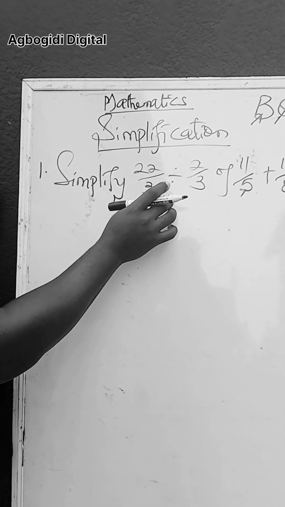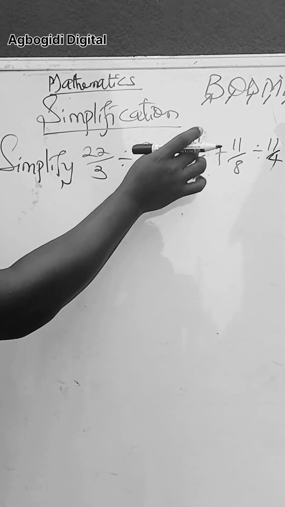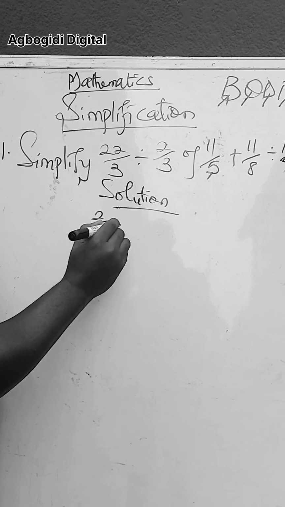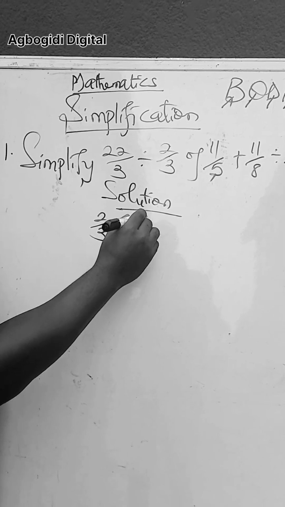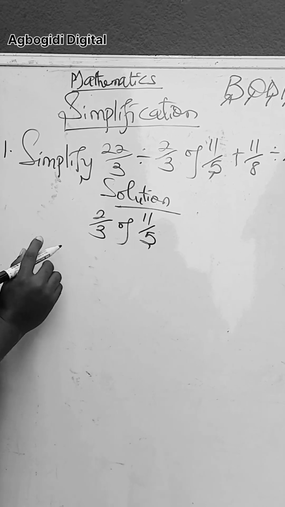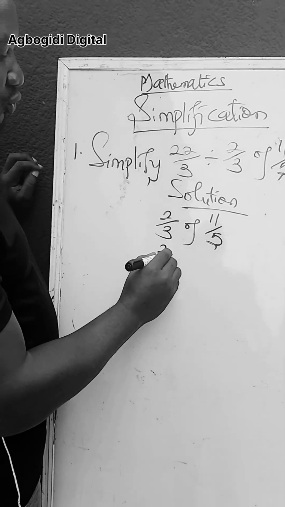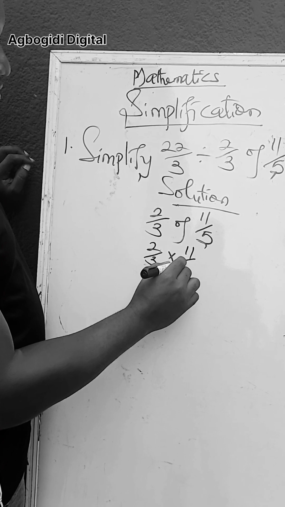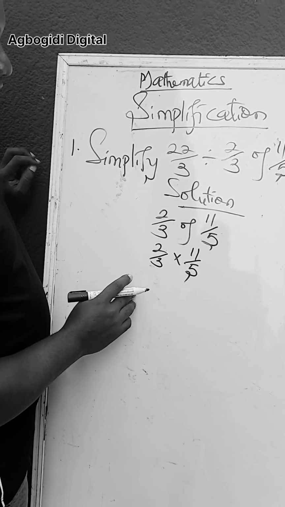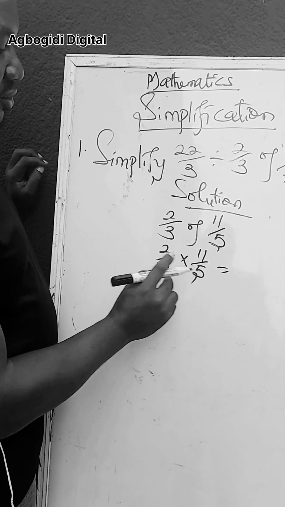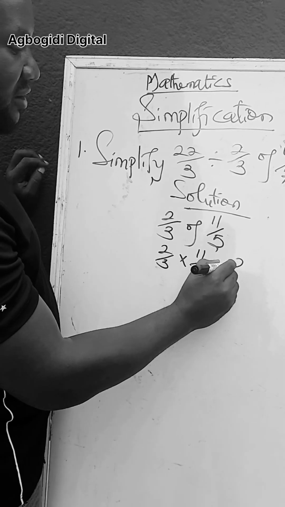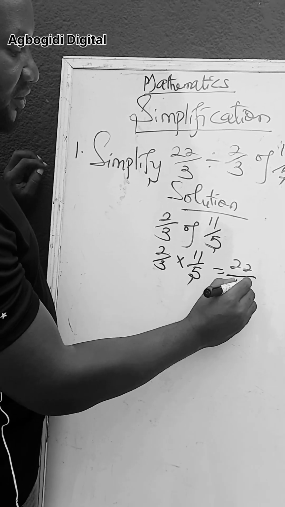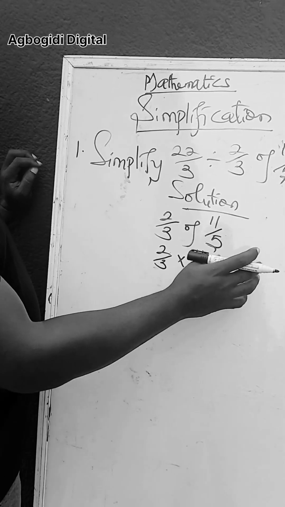So here now we have to consider our off. In considering our off, we have to solve 2/3 of 11/5. Okay, so this is 2/3 multiplied by 11/5. So here now you have 2 times 11, you have 22. 3 times 5, you have 15. Now, as you have solved this,